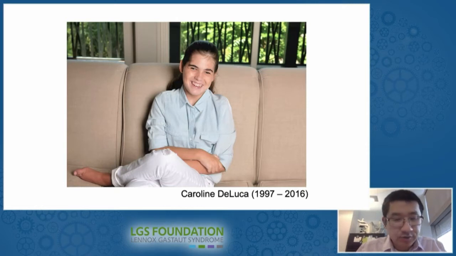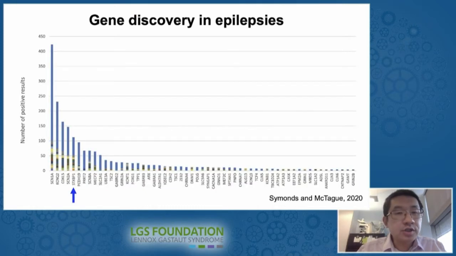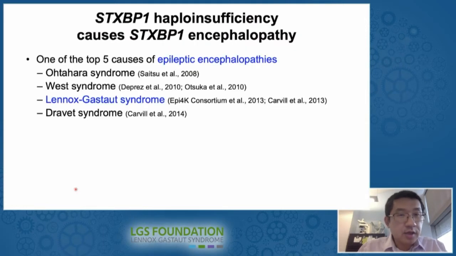At the time, it was considered really, really rare, but later on, it turns out STX-BP1 is actually one of the most frequent causes of pediatric epilepsy in humans. As you see in this list, it's definitely among the top 5 causes of epilepsy. In fact, mutation in STX-BP1 can cause many different types of syndromes, including Ohtahara syndrome, West syndrome, or infantile spasm, as well as